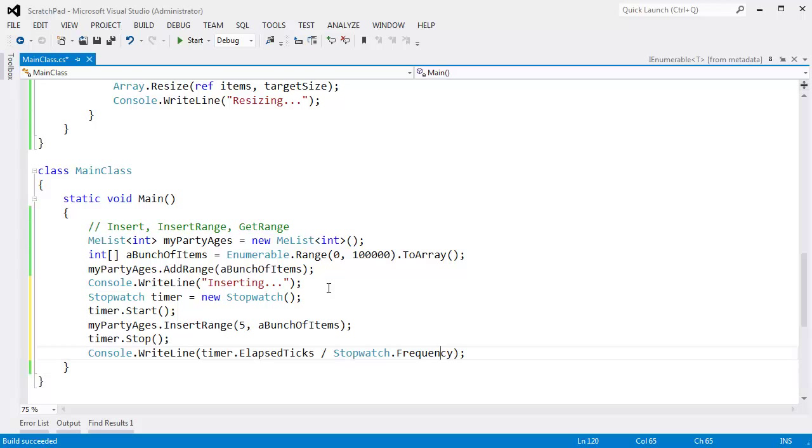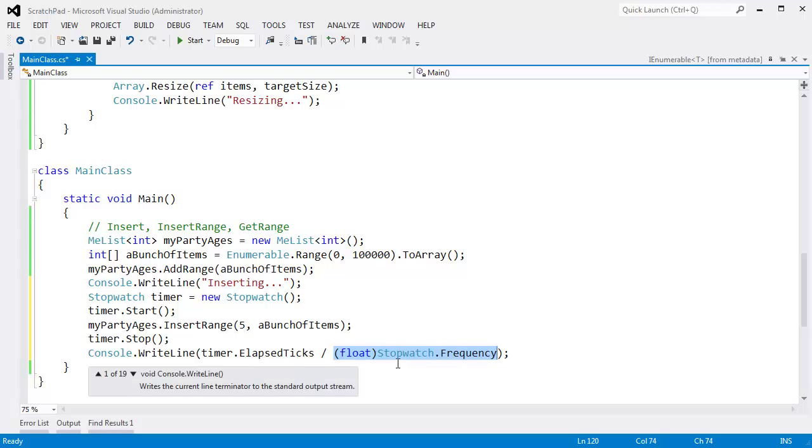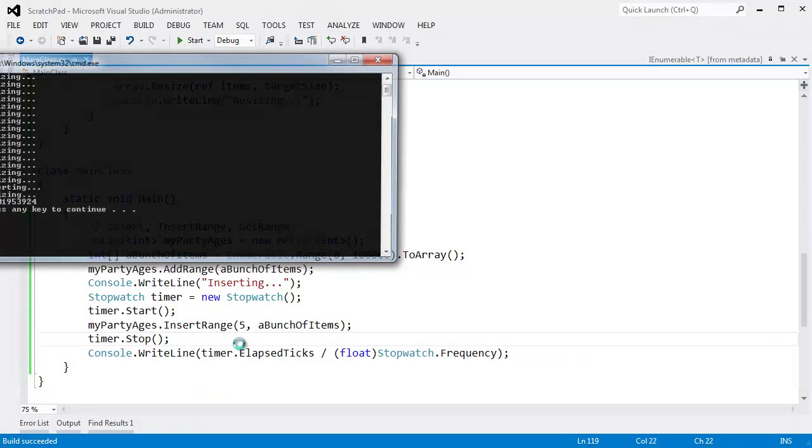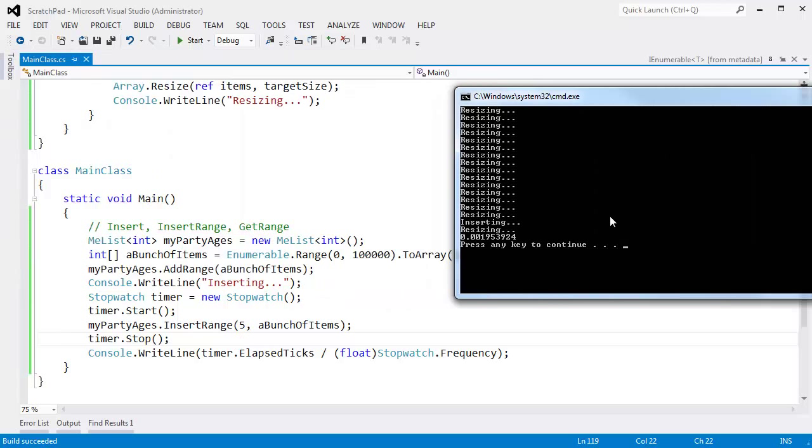But if you look at this, I'll say Control KI here and get the IntelliSense up. This is a long. A long divided by a long gives us a long, which is not a float, and I want floating point here. So I'm going to say, hey, convert that to a float. That'll force this to a float. Everything will be a float. Tell me the number of seconds it took to do that resize. The number of seconds it took to do the insert range is